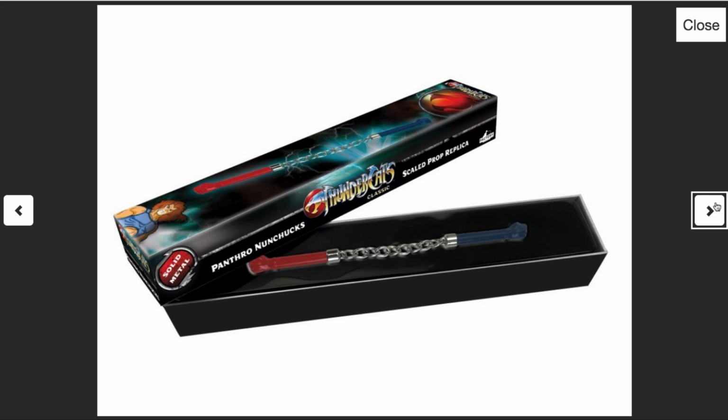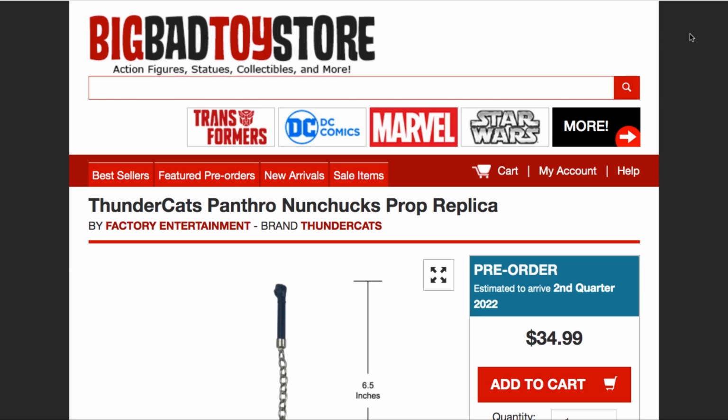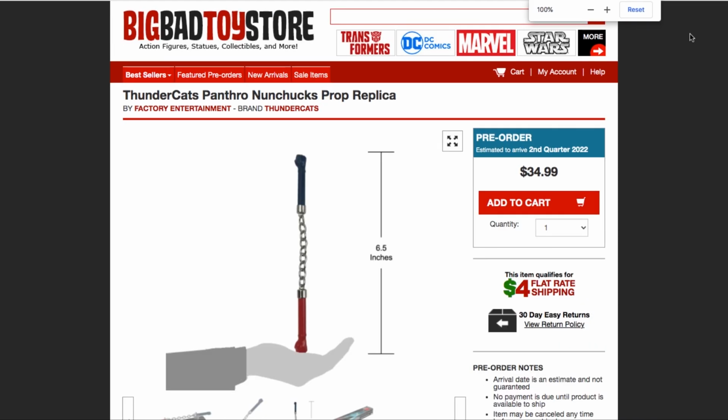Unfortunately, it's not for me. Definitely not going to pick this one up because it is only a scaled prop replica, only for your desktop. And at 6.5 inches in full length, definitely not something for me. I'm sure that a lot of people are going to really gravitate toward this, but for $34.99,